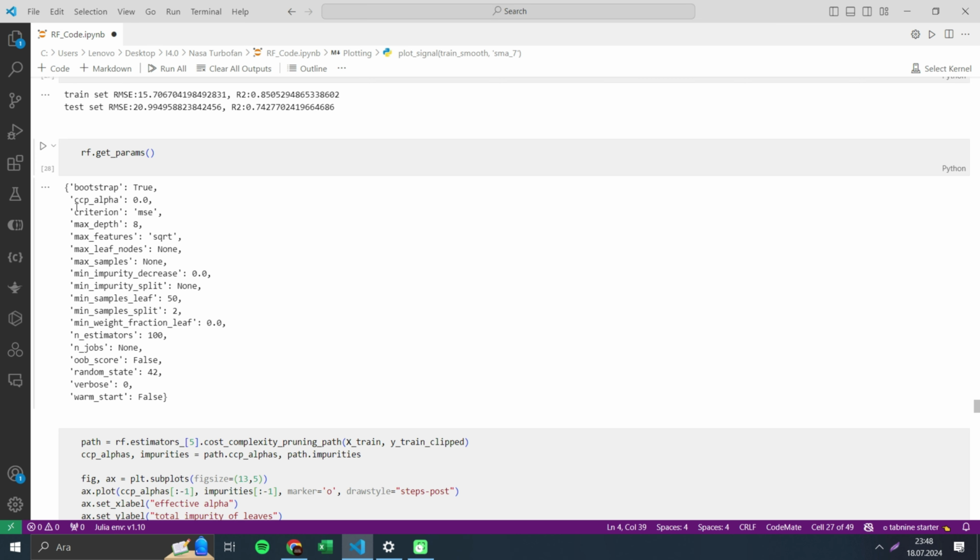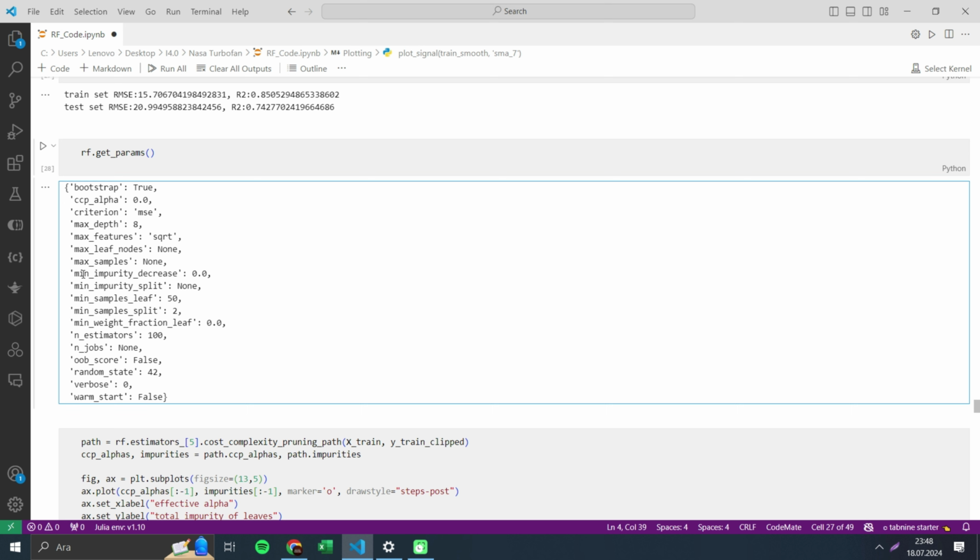And ccp_alpha, what is this? This is a cost complexity parameter that prunes leaves post-fitting, affecting the tree's maximum depth. And min_impurity_decrease: this specifies the minimum decrease in impurity that must be achieved for a split to occur. While max_depth and min_samples_leaf are fairly straightforward, ccp_alpha and min_impurity_decrease require more detailed